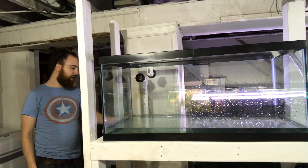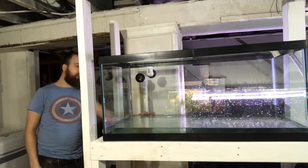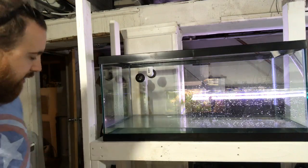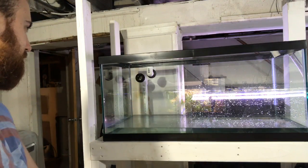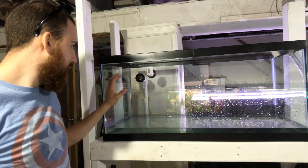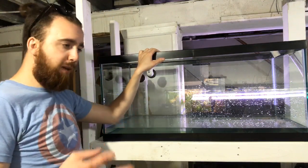And then actually no, it wouldn't be in this one. It would have to be beneath this one. So it would be here, under the emergency one, and then we tap into the emergency line, and then the emergency line would eventually flow into the automatic water change system, because that's essentially what's going to happen, the way I'm planning on it, when I have the water change system implemented each week,